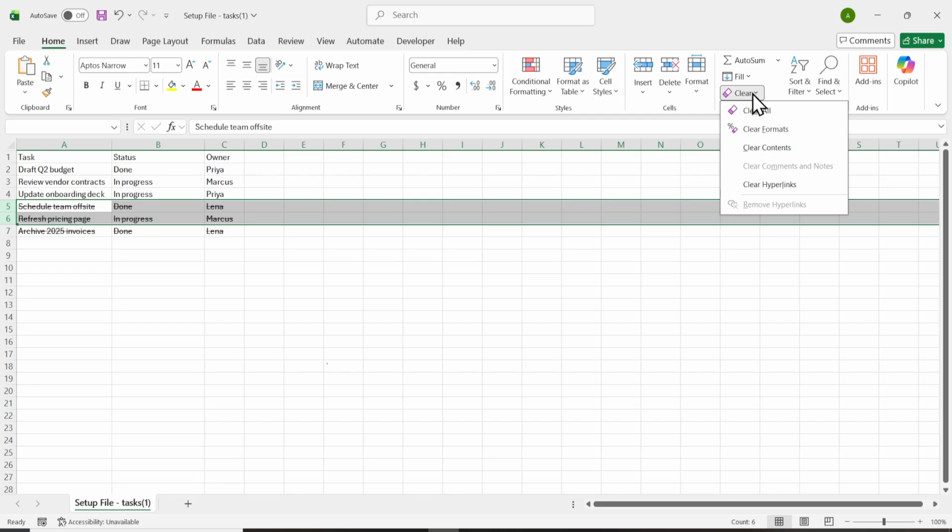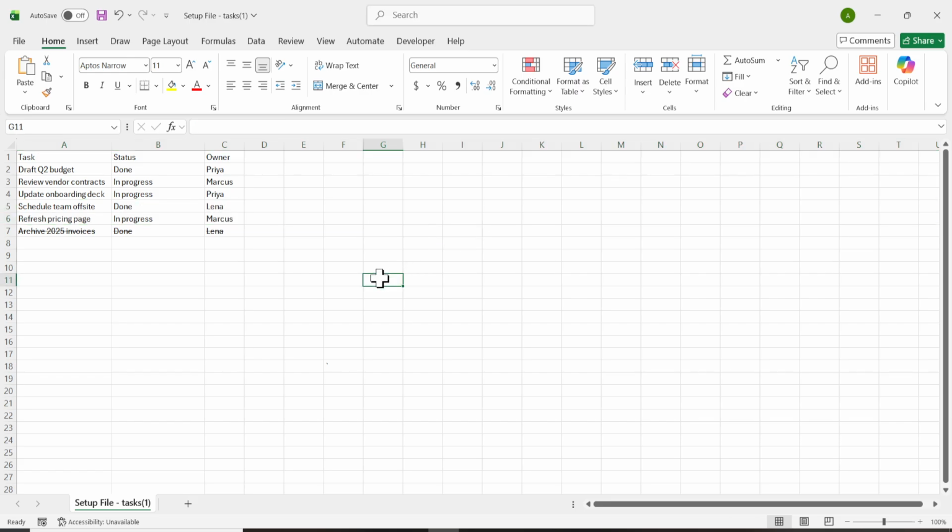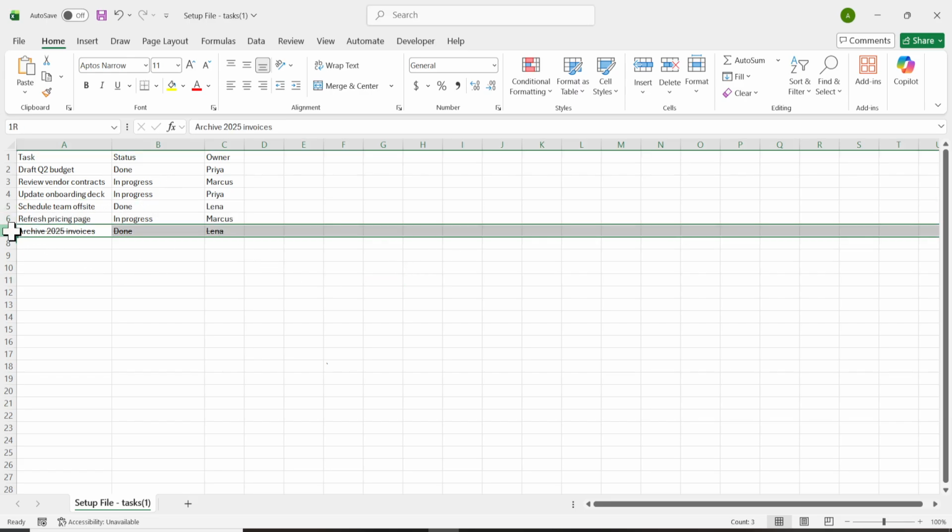At this point, the rows that previously had a line through every word now display as plain, unformatted text. The text itself stays the same, and the row positions and column data remain intact. With the keyboard shortcut method and the Format Cells method, any other formatting on those cells is preserved, and only the